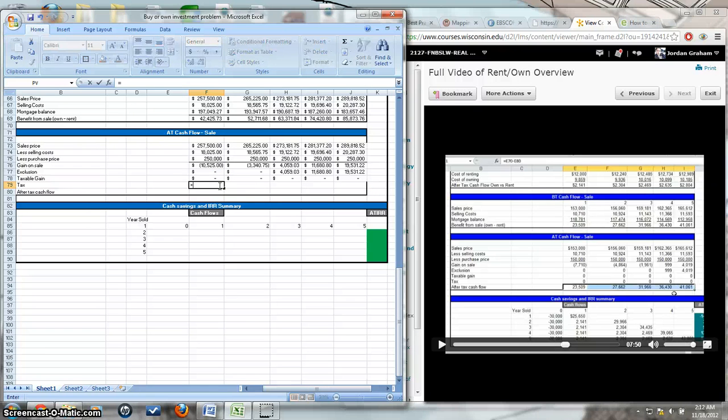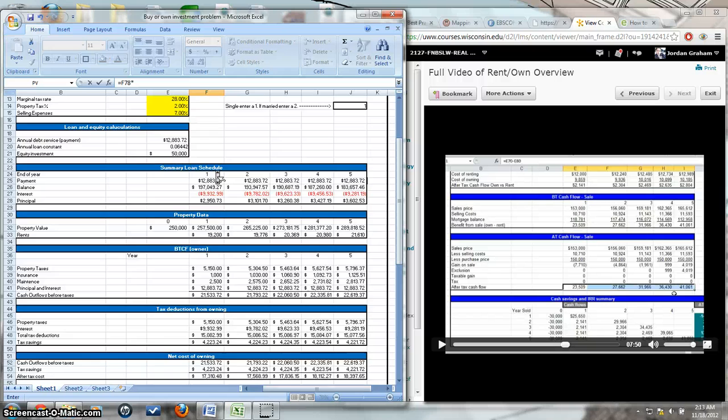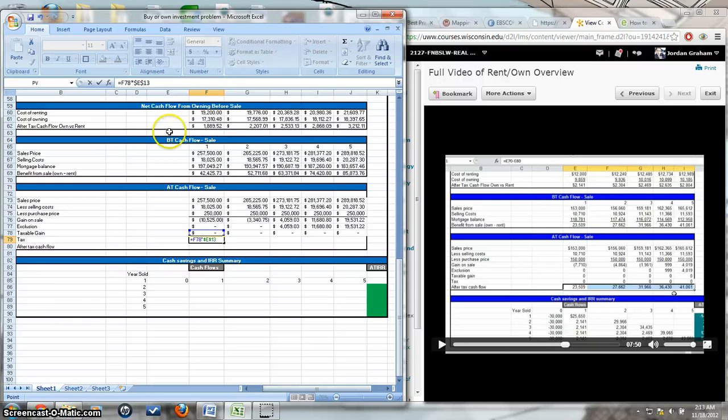The tax equals the taxable gain value times our marginal tax rate. And we're going to hard code that, or absolute reference it. And get 0. And the after-tax cash flow will very simply be